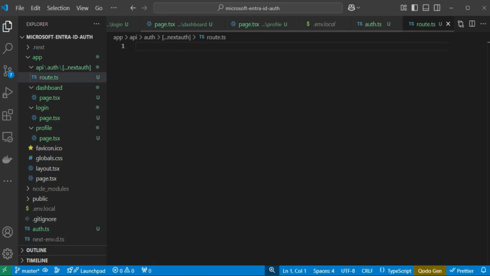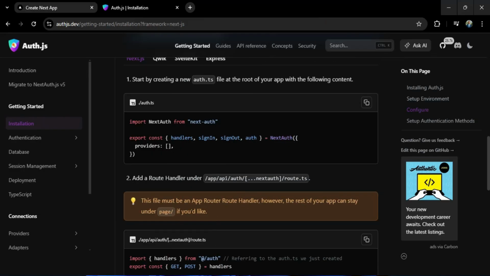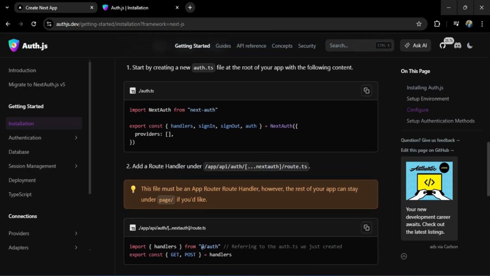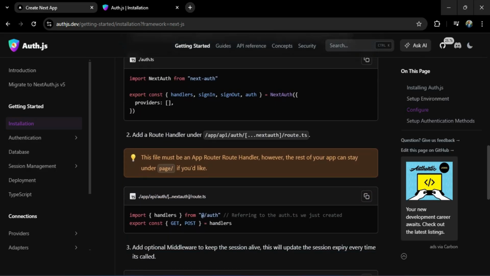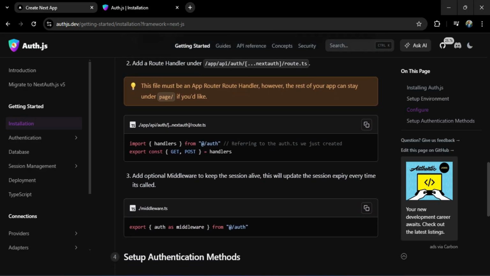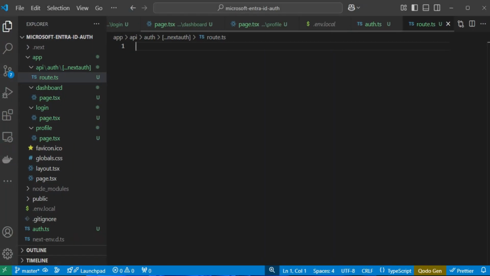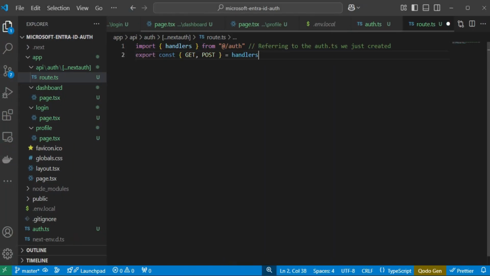So let me go back to the documentation page. So within this auth, I will copy everything which is here and paste in within this file,